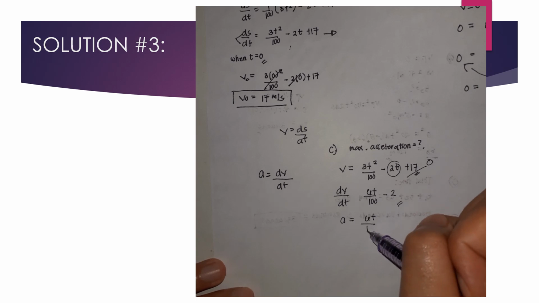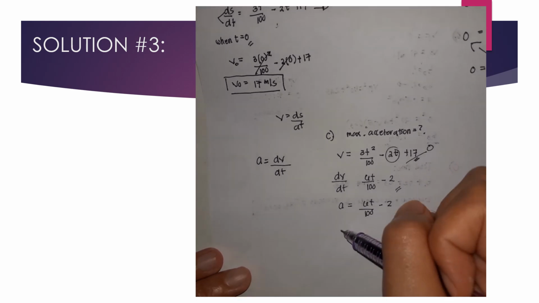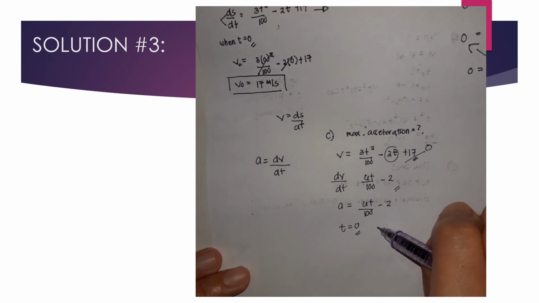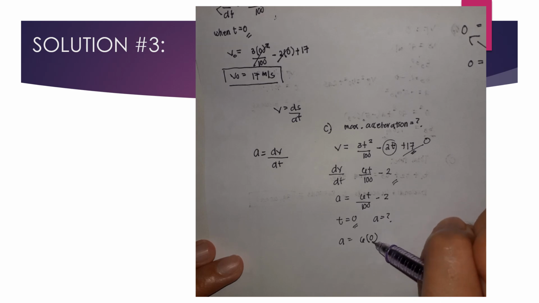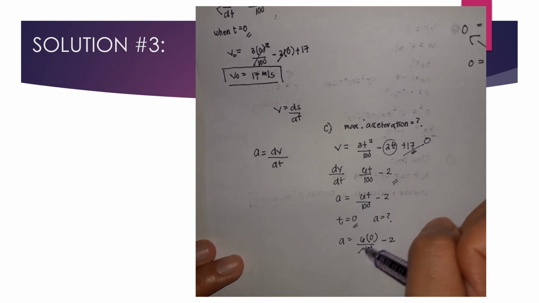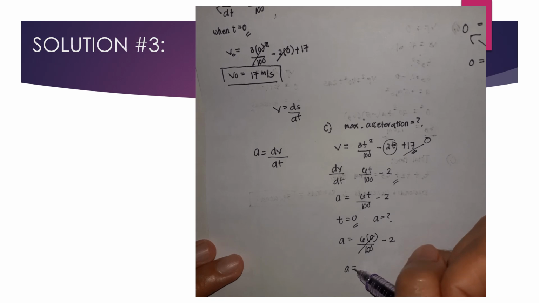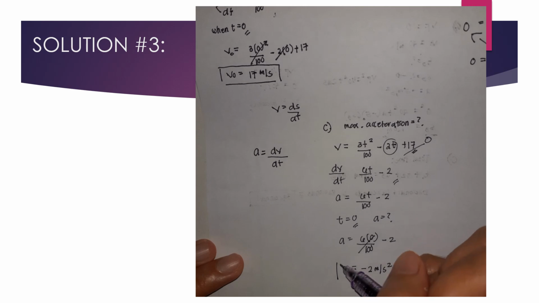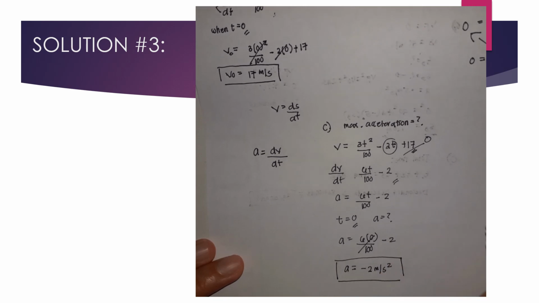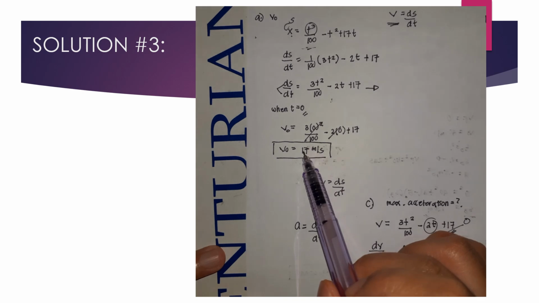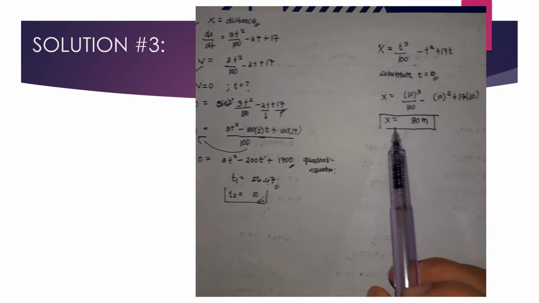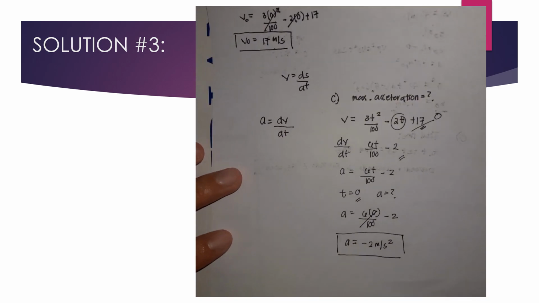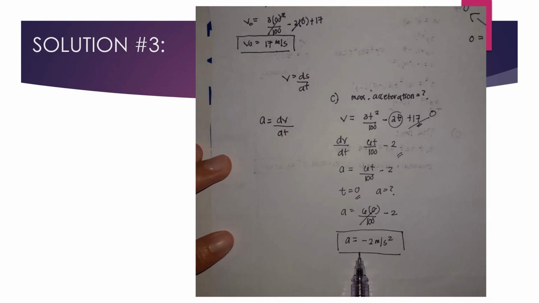Again, what is acceleration? What is our acceleration when t is equals to 0? Simply substitute: 0 over 100 minus 2. Our acceleration is negative 2 meters per second squared. So it decelerates. And we have 17 meters per second, our value of x we have 80 meters, and our value of acceleration is